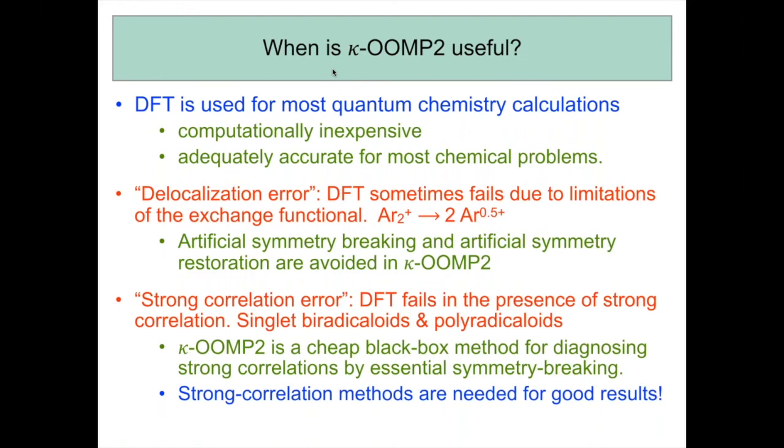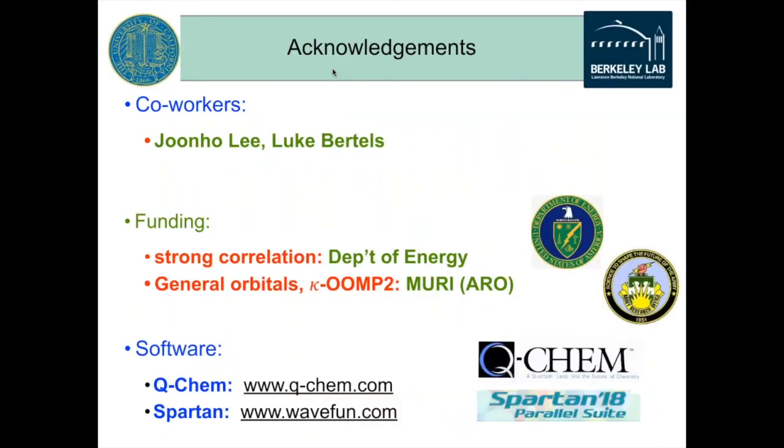Their presence is indicated by essential symmetry breaking. Then you've got to do something about strong correlation itself to get good results. So I showed you for biradicals and biradicaloids, you can do spin projection. If there's more than biradical character, then ultimately you need strong correlation methods, and that would be a subject for another talk. So let me stop here and again thank the